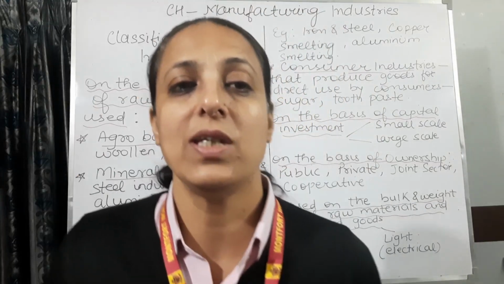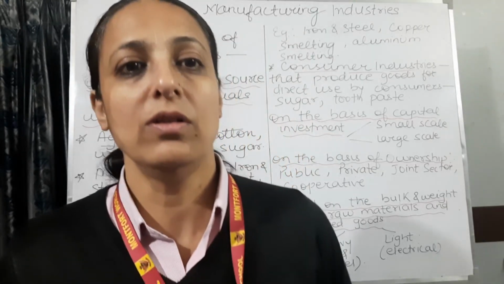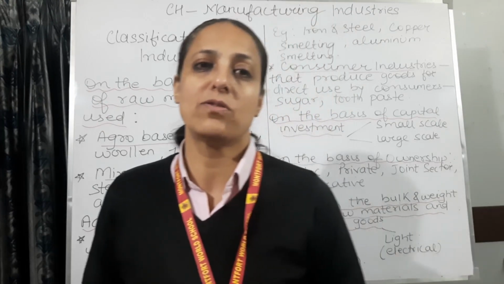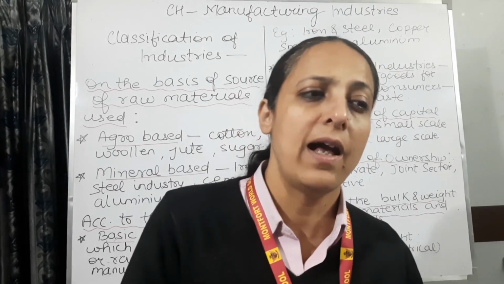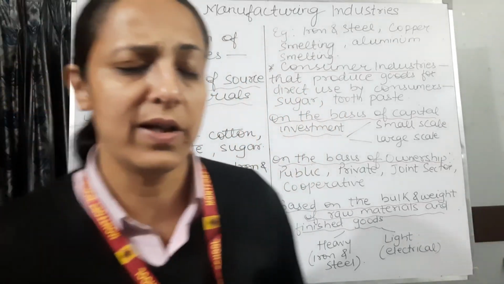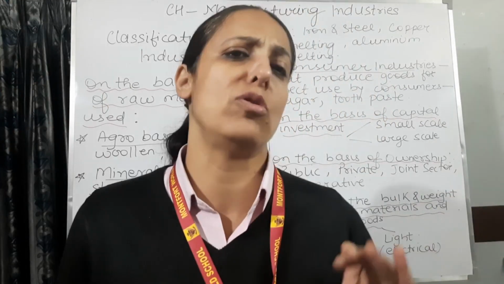First, which we have to see is cotton textiles. So the first successful cotton mill was established in Mumbai in 1854. Earlier, we have seen, students, that our artisans used to do all the hand spinning and all the weaving on the handlooms, and at that time all this work